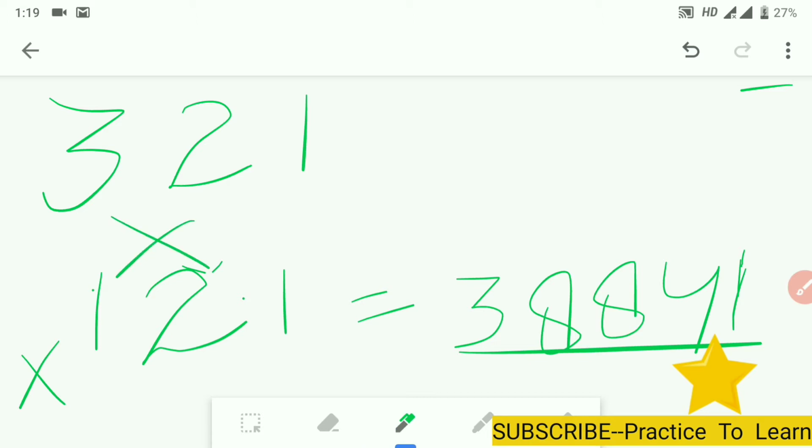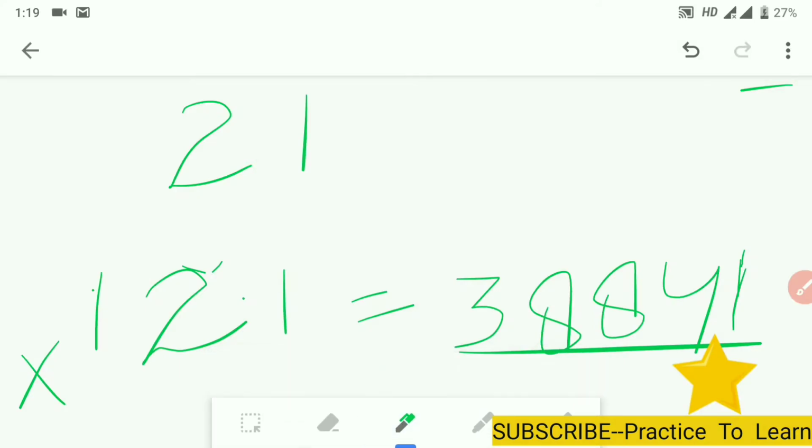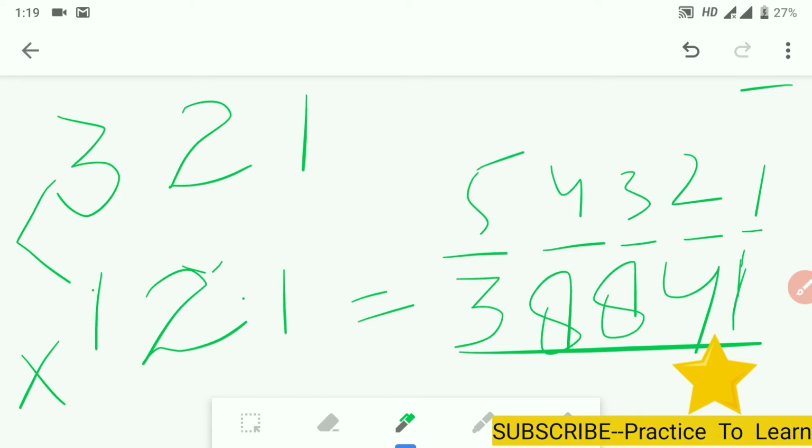And in the last step I will be multiplying the number at the hundreds place with the number at the hundreds place. And I will write the result this way in all steps. In step first I will write here step 2, step 3, step 4, step 5. This will be done in 5 steps.